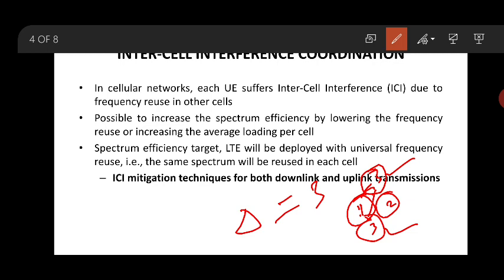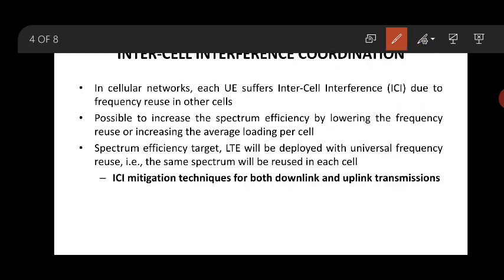They may cause noise at cell number 1. Now let us assume I have a 2 here, and at cell number 1 I'm getting a signal from both the neighboring cells. There is a 2 and this 2, which may cause interference. Anyway, it is mandatory in wireless communication, the frequency reuse concept. Why do we require it? To increase the spectrum efficiency.